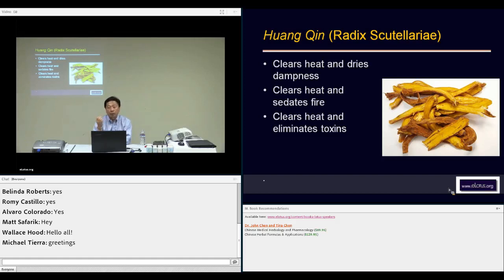It can actually treat the upper jiao, middle jiao, and lower jiao. It helps to treat damp heat affecting the lung, stomach, liver, gallbladder, bladder, and so on. So it has a very good effect to treat localized problems. It also has the effect to clear heat and sedate fire, so the effect is not just localized, but also very broad and general. For those reasons, you see Huangqin used quite a bit in many different formulas for many different